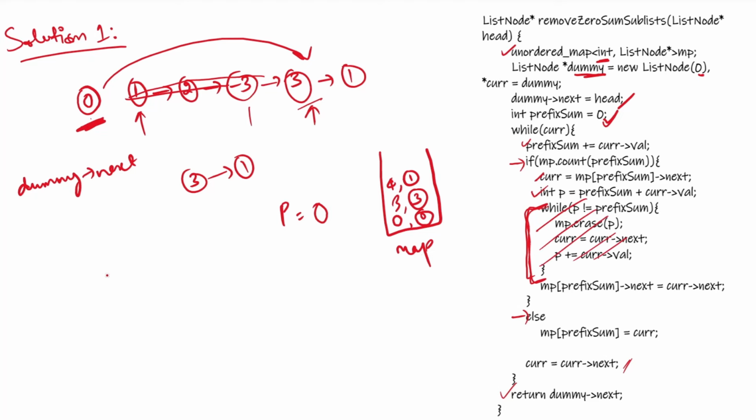But before going to that, let's see the time complexity. So the time complexity of this solution will be O of n, and we are doing it in a single pass. Okay, and the space complexity of this solution in the worst case will be O of n for storing these nodes in the hash map. Okay, so let's see the second solution, which will be very neat and clean.